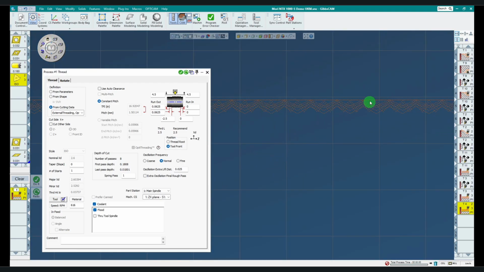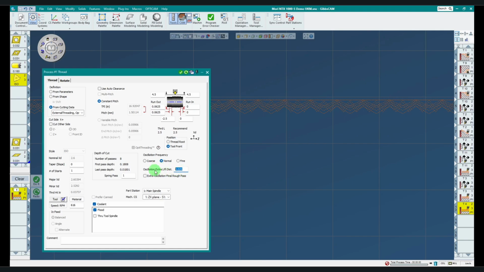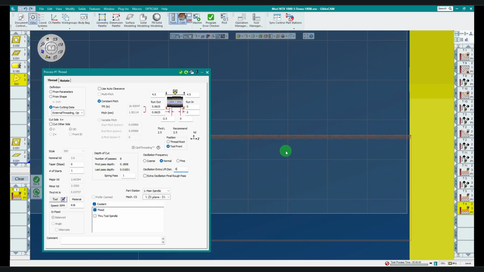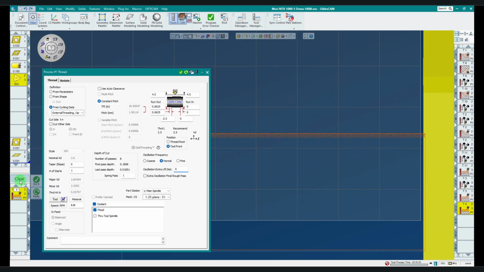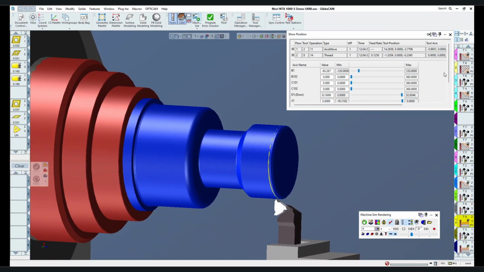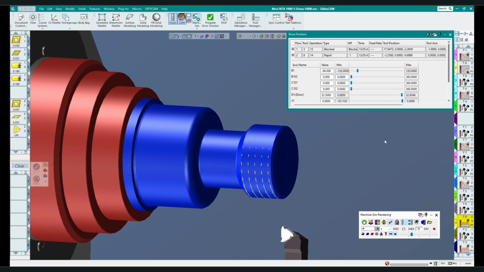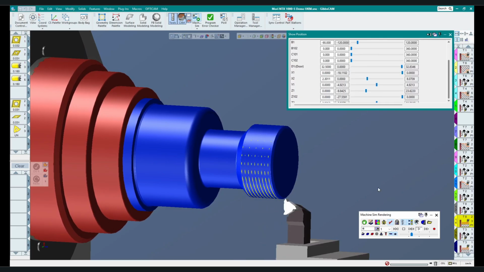I'll zoom in and you can see these oscillations that are pretty exaggerated, but that's because I've got a 25 thou extra lift distance. If I put this at 0 and hit redo, you can see it's definitely not as aggressive. So you've got a little control over it, but for the most part, the tool and the tool library build the parameters and the process for us. So that's basically it, going over building a tool in the CoroPlus Tool Library and then using that to apply